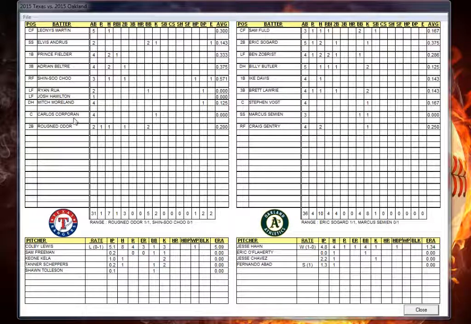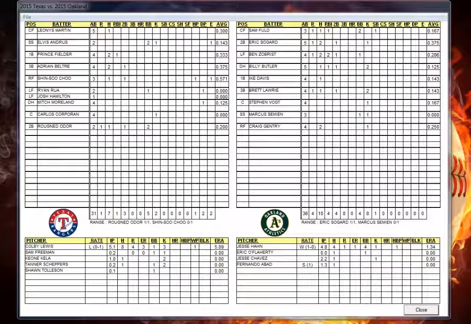There was only one person, it was Shin-Soo Choo actually, that was pinch hit for by Jake Smolinski. Sorry, couldn't think of how to spell it. But Smolinski wasn't on the list, so we used Josh Hamilton instead. But everybody else, there you go.